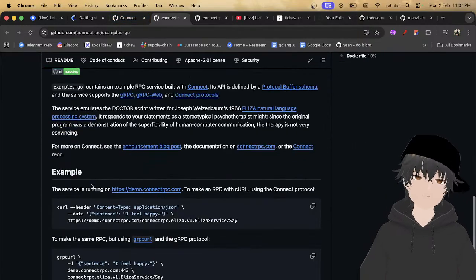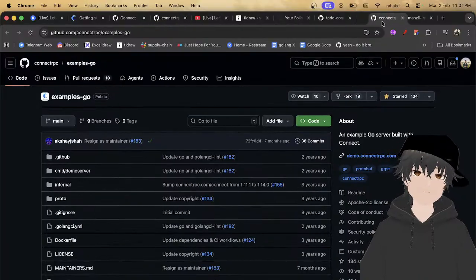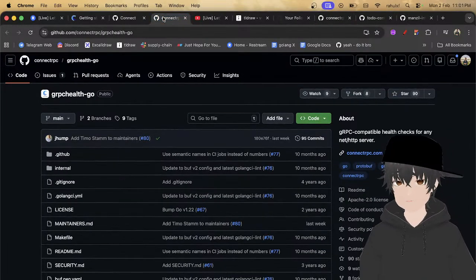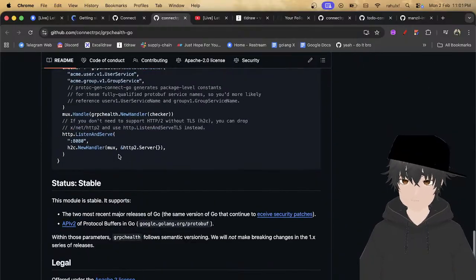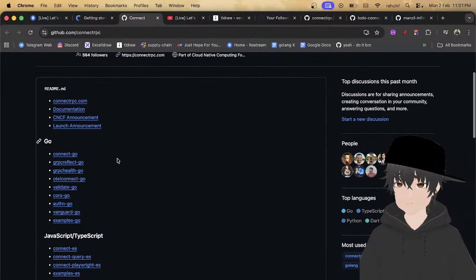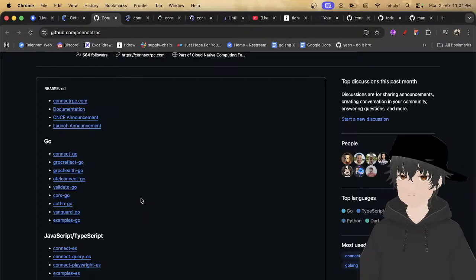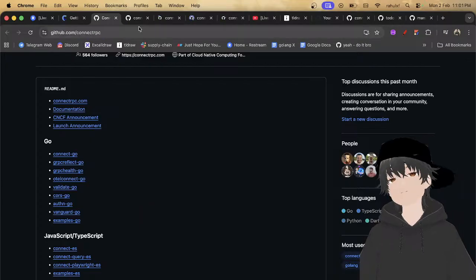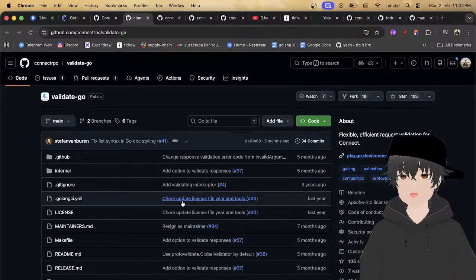This one is good, to be honest. This one is really good. So I'm keeping this one here with my project. This one is also good. We'll see that gRPC health one. Validate, cross this one and this one. Okay, so this one is validate, which has 34 commits.